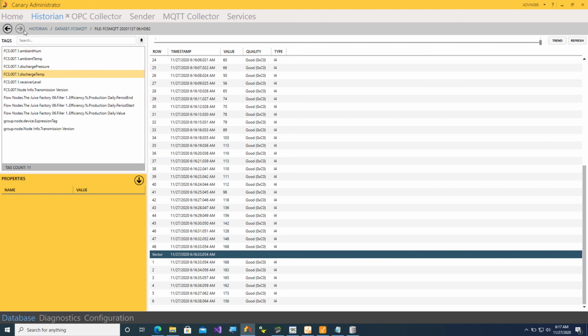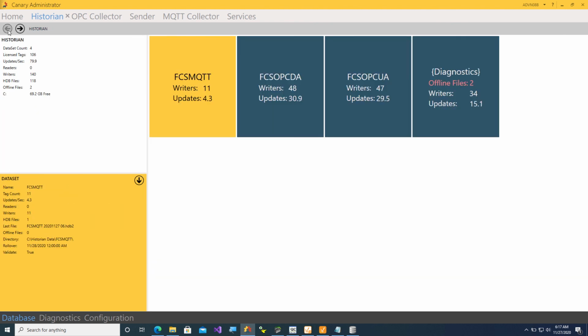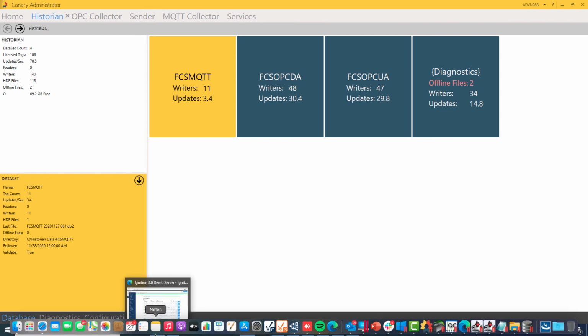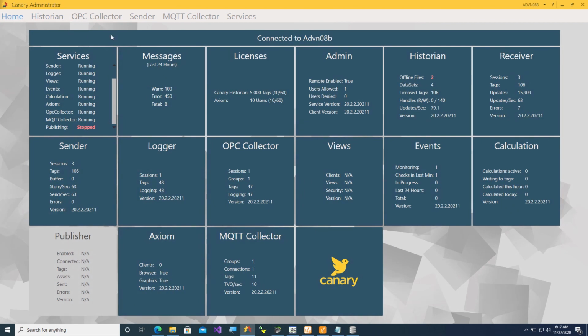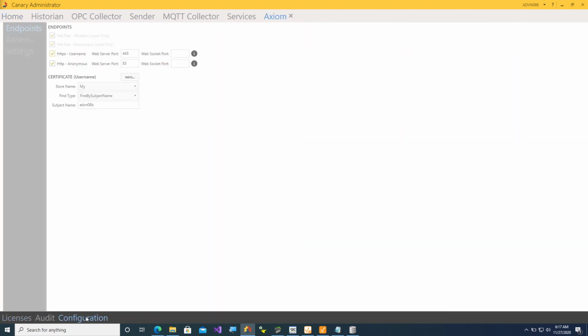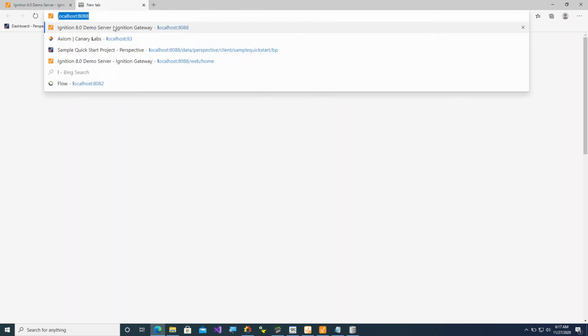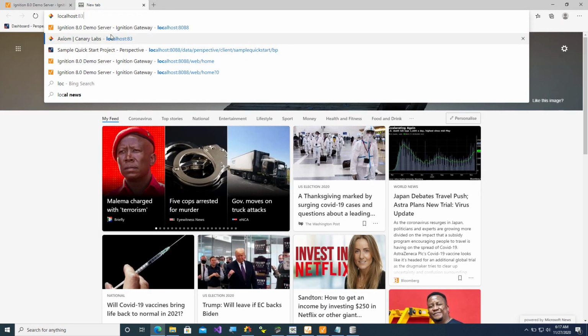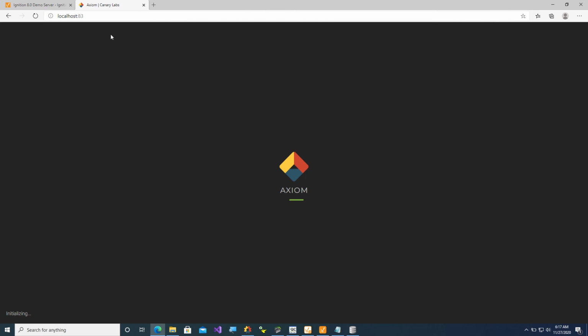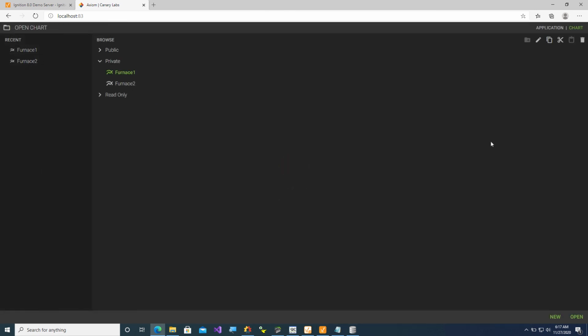So in just a little less than 30 minutes, I was able to connect to OPC DA, as well as MQTT, and to start getting that data into my Canary historian. And obviously, all of that data is now available for me to utilize in my Axiom, the front end of the Canary tool. So if I go to my Axiom front end, which is localhost on port 83, I would be able to add a new trend here,